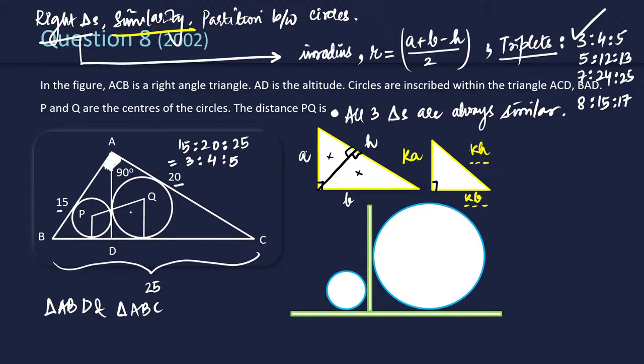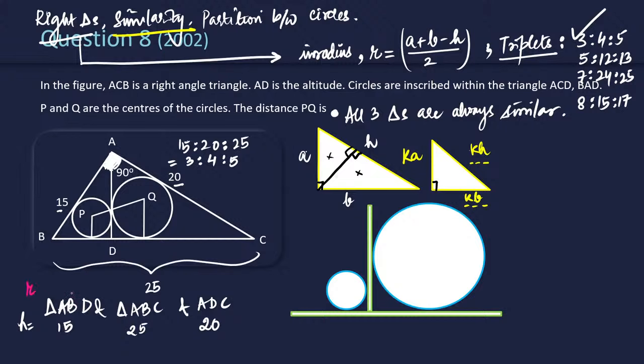So when this happens, you take one particular side. So I'm going to take the hypotenuse of every right angle triangle that we are looking at. सबसे छोटे वाले triangle का hypotenuse अगर आप देखोगे तो वो 15 है. सबसे बड़े वाले ट्राइंगल का हाइपोटेन्यूज देखोगे तो ये 25 है. एक काम करते हैं, ADC भी देख लेते हैं. ADC का हाइपोटेन्यूज अगर आप देखोगे दैट इज 20. ठीक है. Now using similarity,